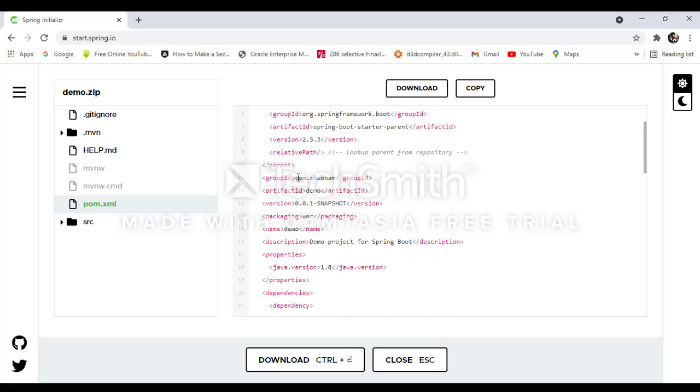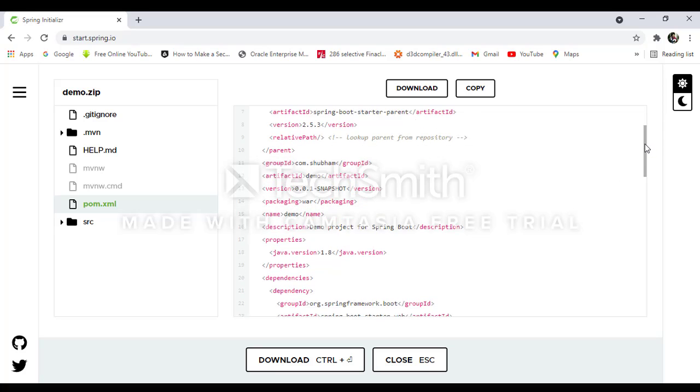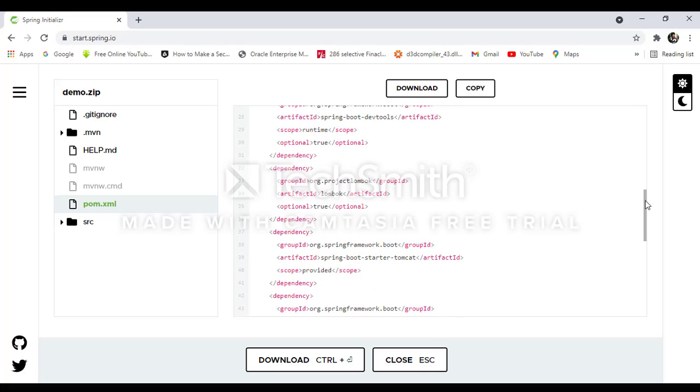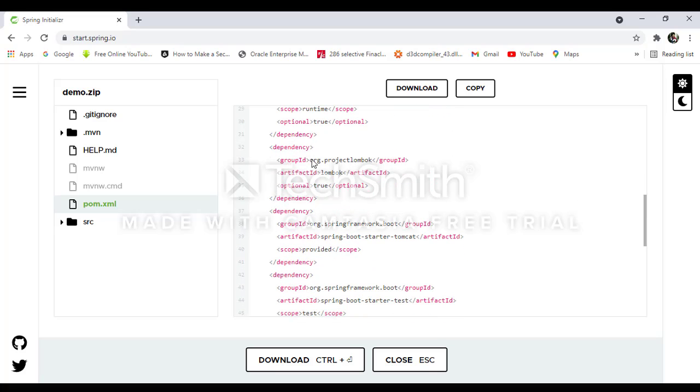You can see the group id com.shubham, artifact id demo, packaging war, which we selected previously, right? Some dependencies are also displayed, like Lombok. It provides starter Tomcat automatically. It's a feature of Spring Boot projects.